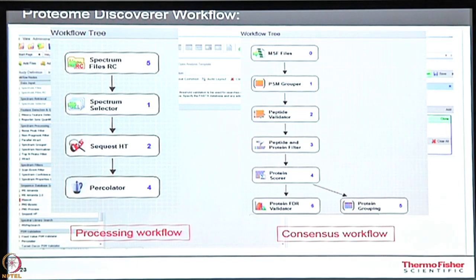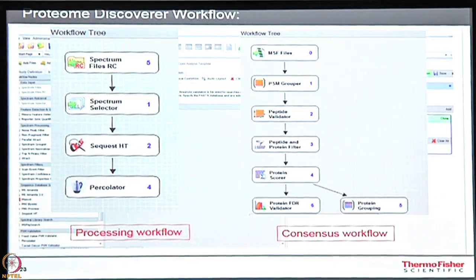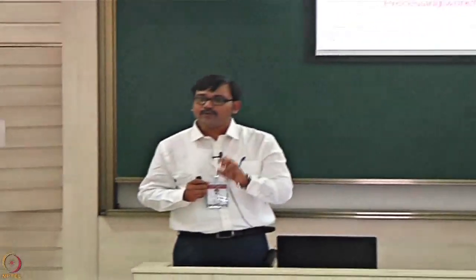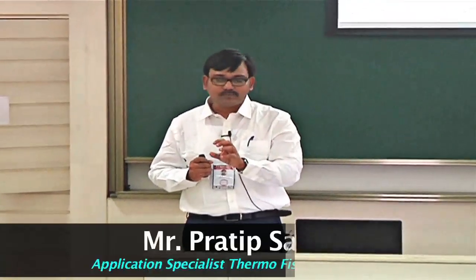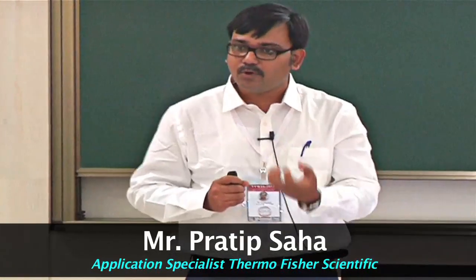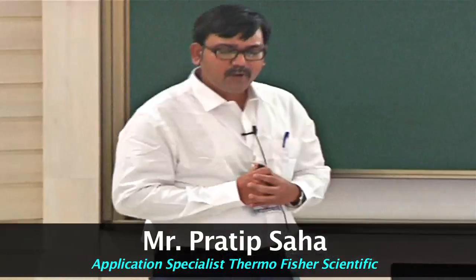Here we are doing the validation at 1% FDR. What does that mean? If you run the sample 99 times, the protein will be identified; maybe one time it is not identified. With such stringency we are validating those peptides, and we are saying, okay, this peptide is present. Then the report is very good for publishing.